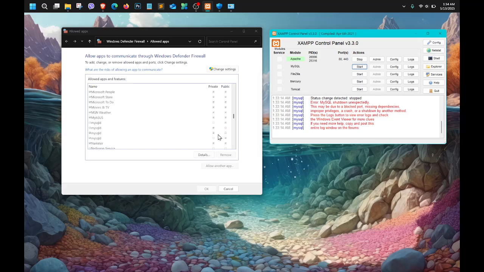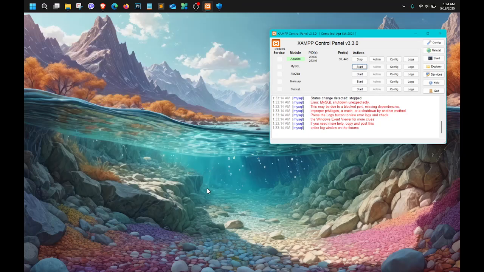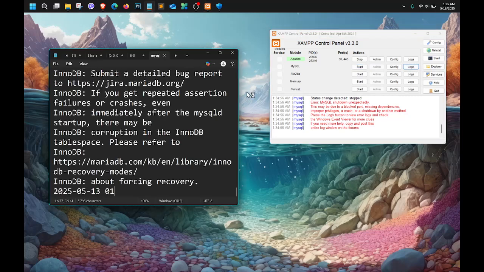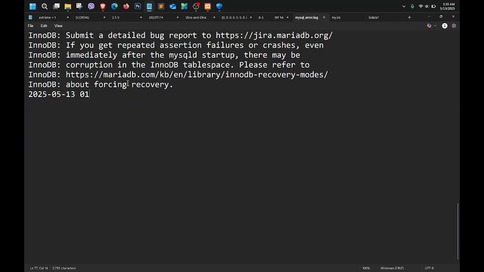MySQL is allowed, yeah, for private and public. Okay, then let's see the logs for further information. Corruption, please refer to forcing recovery.